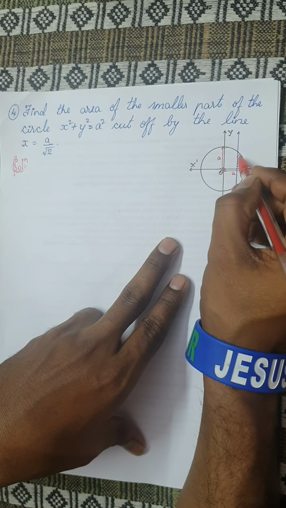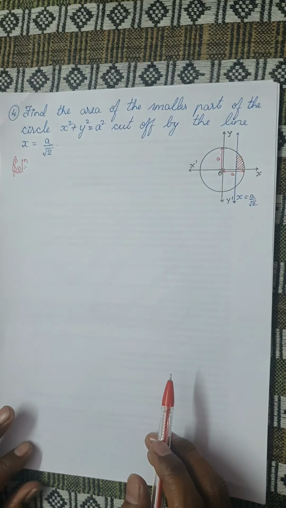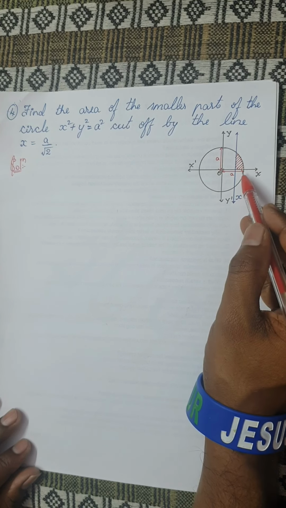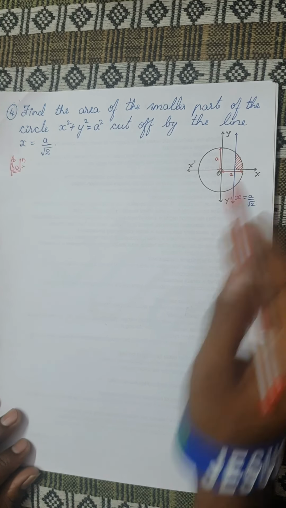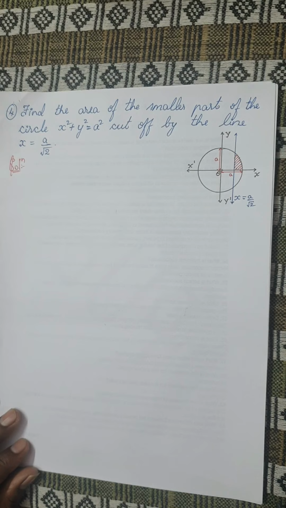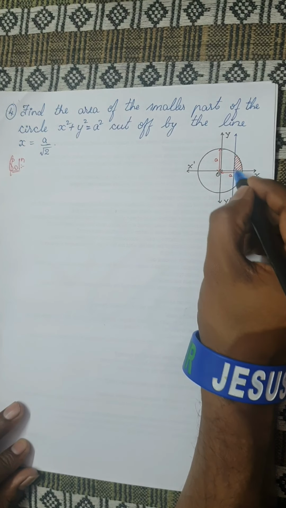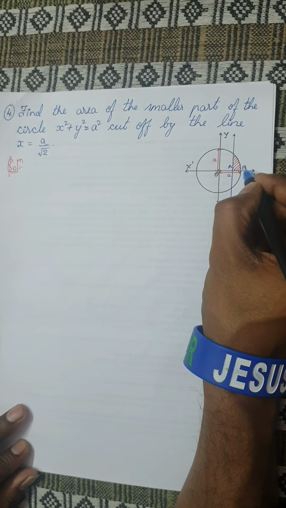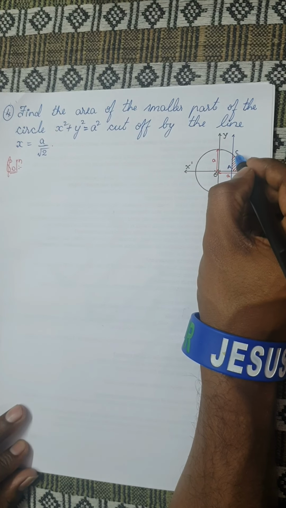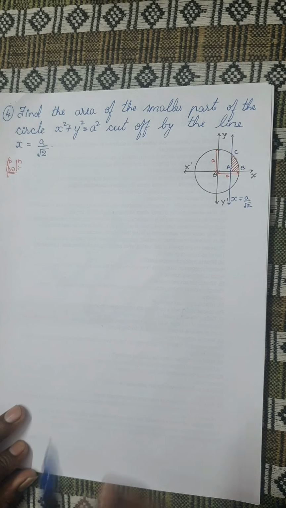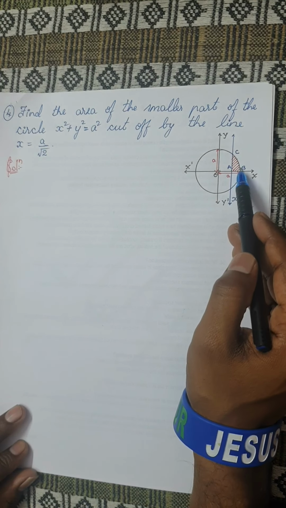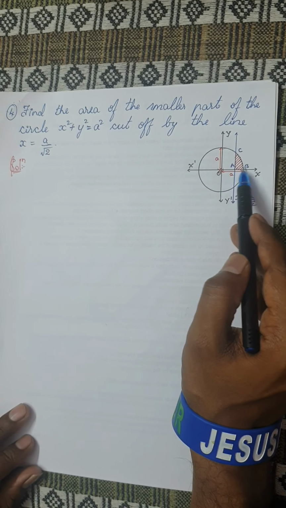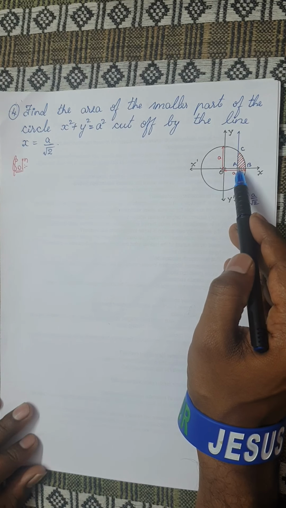Okay, so we know that the curve is symmetrical about the x-axis. So I will take the shaded region and consider 2 times because I want this part too. Let me label the points as A, B, and C. Is it clear? So the required area I'm going to consider as 2 times the shaded area ABCA. Okay, is it clear?